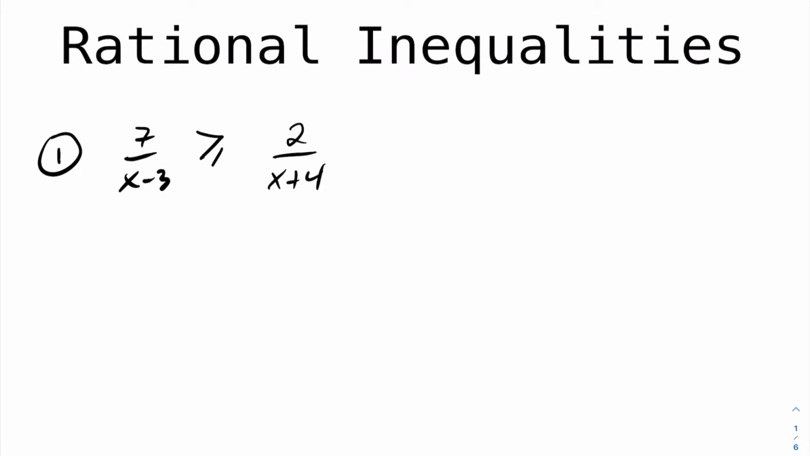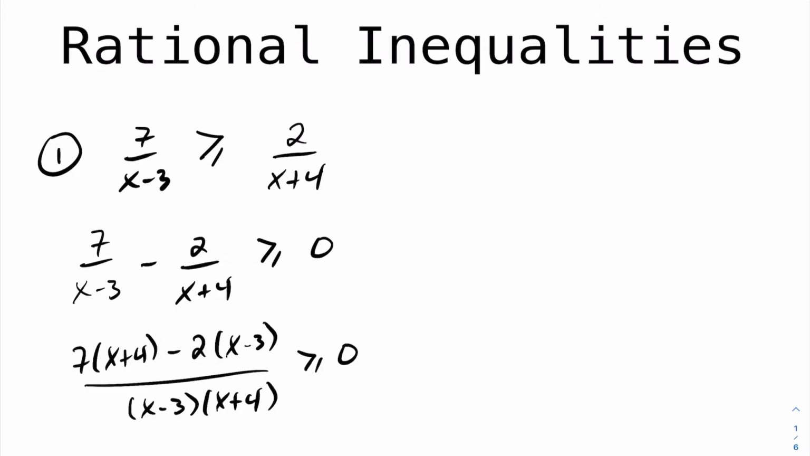So the strategy to solving rational inequalities is step one, we're going to have a 0 on the right-hand side. So the first thing you need to do is bring everything to one side of the inequality. Now that I brought everything over to one side of the inequality, we're going to now get a common denominator. Doing so, we get. Now that I've got a common denominator here,